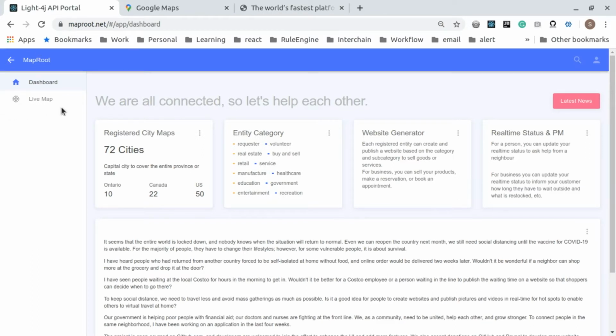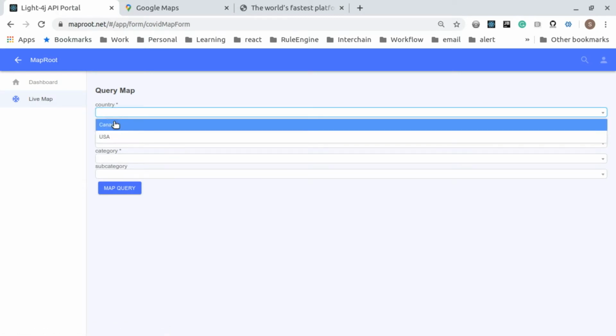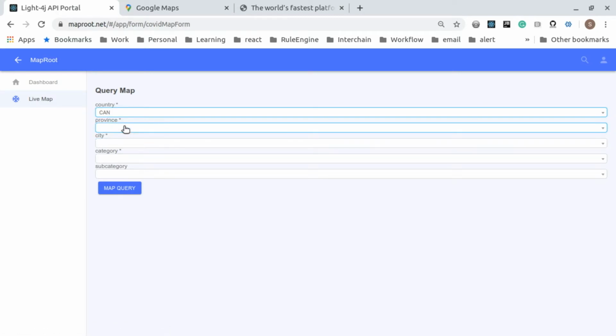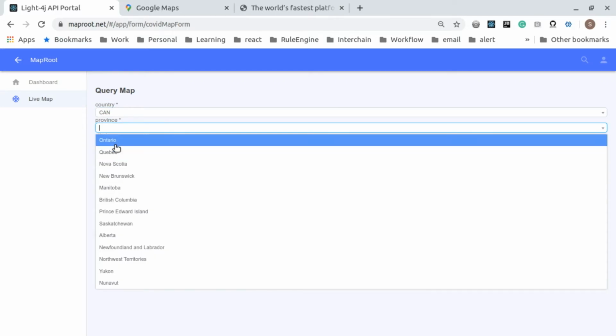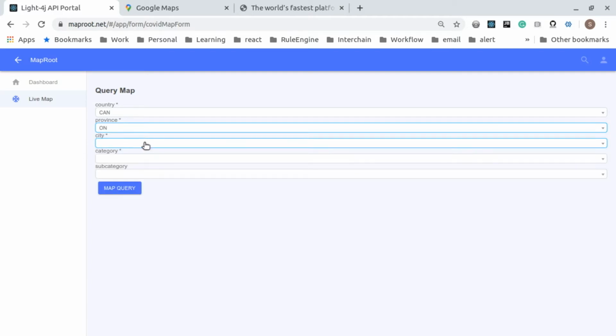This is a dashboard. As an anonymous user, you only have access to the dashboard and live map. Let's walk through the live map. Here you can select your country. Let's say Canada, and the province is automatically populated based on the country in real time. This is all access to the backend API. You can see it's very fast. Province, Ontario, and